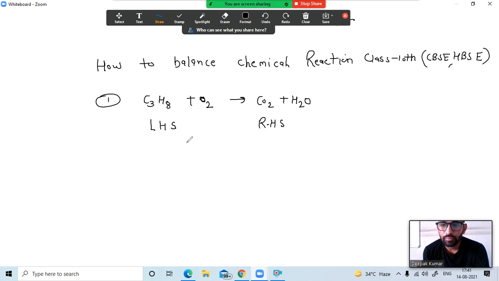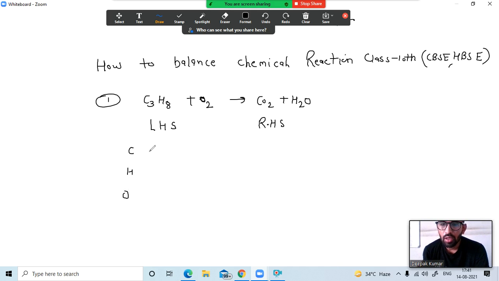After that, check the atoms on the reactant. You know very well that in this molecule there are 3 carbon, 8 hydrogen and 2 oxygen. So first of all write the atoms: carbon,